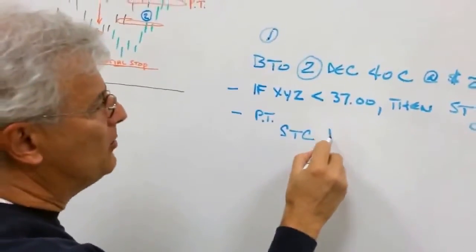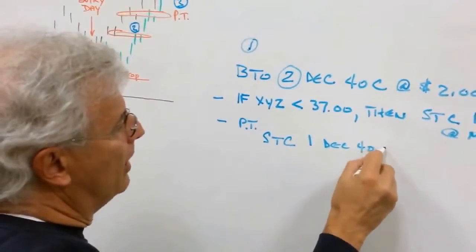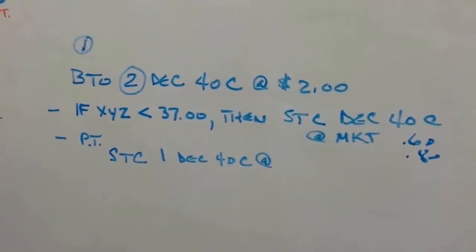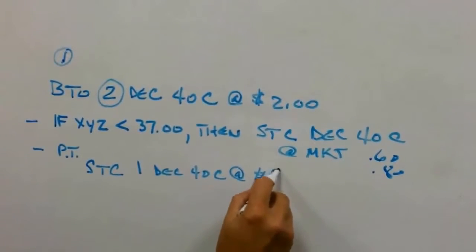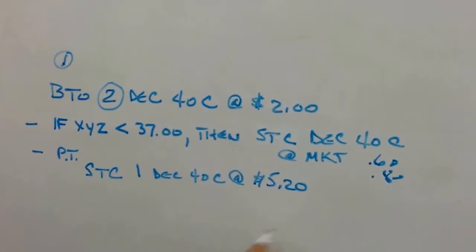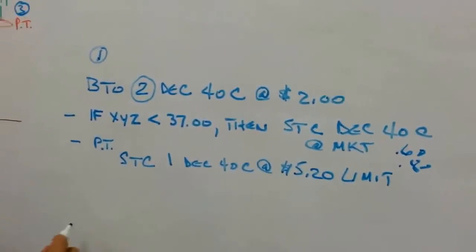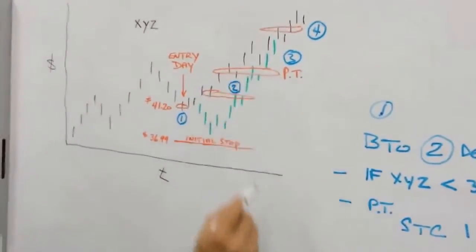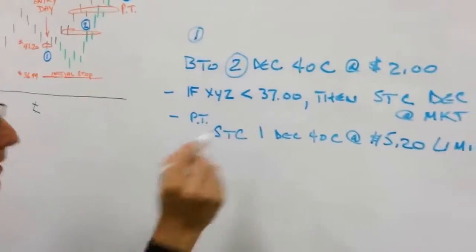We're going to sell to close 1 contract, December 40 call, at a predetermined profit target as calculated by the software. Let's say that's around 520. That's kind of typical. Limit. So if the market trades up to that level, where the option gains in value to 520, we'll get filled